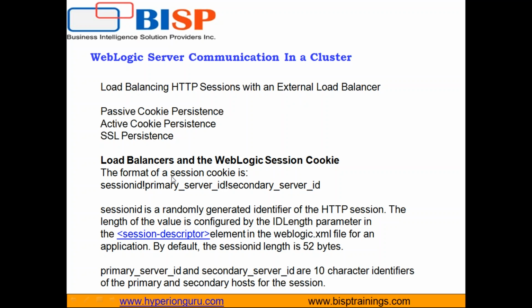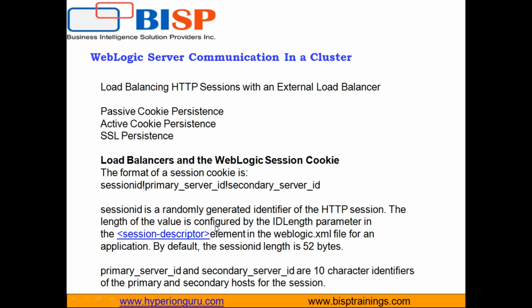And if we talk about the session cookie, this is how it looks. There will be a session ID, and then a primary server ID and a secondary server ID. Whenever a cookie is generated, it is generated in this format. A session ID is generated as part of that request, which will append your primary server ID as well as the secondary server ID. So in case a session is running and your primary server is processing it, just in case, in an unfortunate instance, anything happens to the server, it can immediately be processed through the secondary server ID,